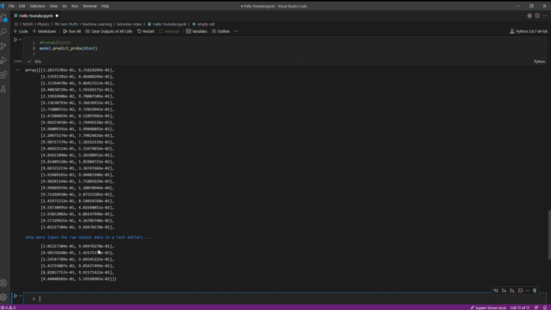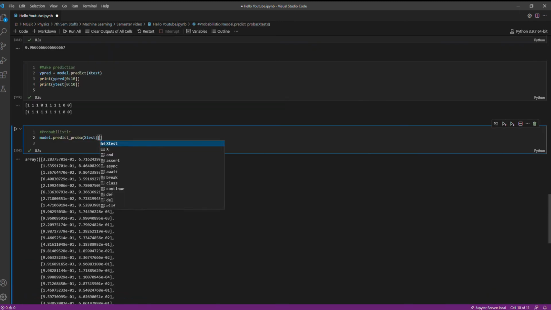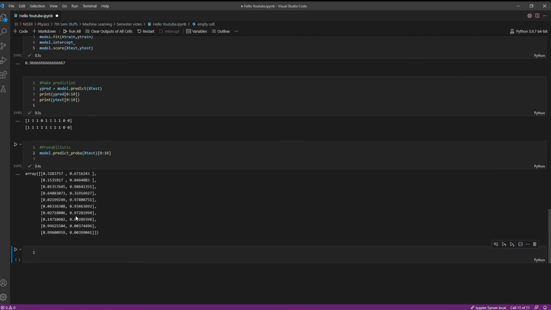This is a long array. Let me print the first. Yeah. So what it is doing is, this is a multi-dimensional array where each array corresponds to each element of the original data set. So I mean not the original data set, the x test.